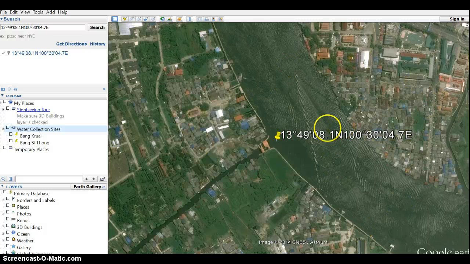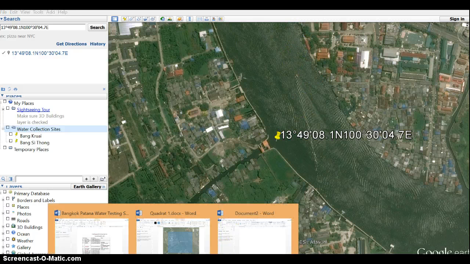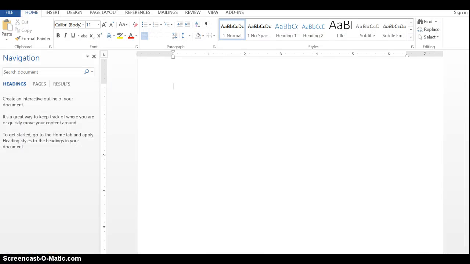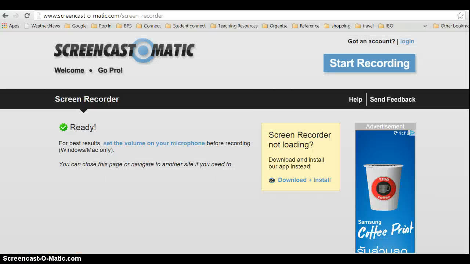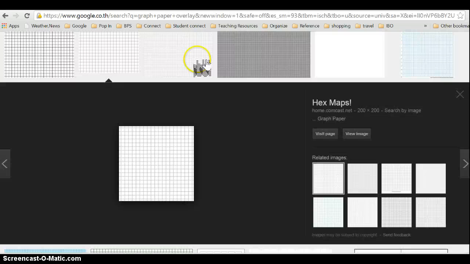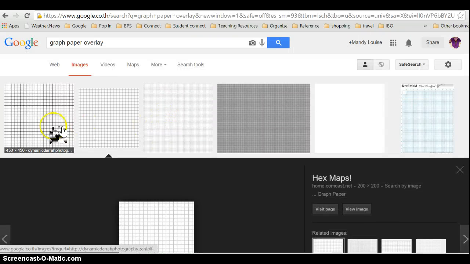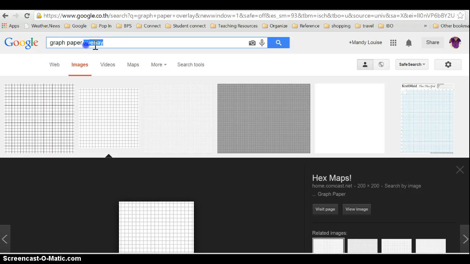Okay, so the things you'll need to start doing this activity and figuring out your urban density index: you'll need Google Earth open, you will need Microsoft Word open with a blank document, and you will also need to go to Google, and you will need to Google graph paper, all right? Graph paper,